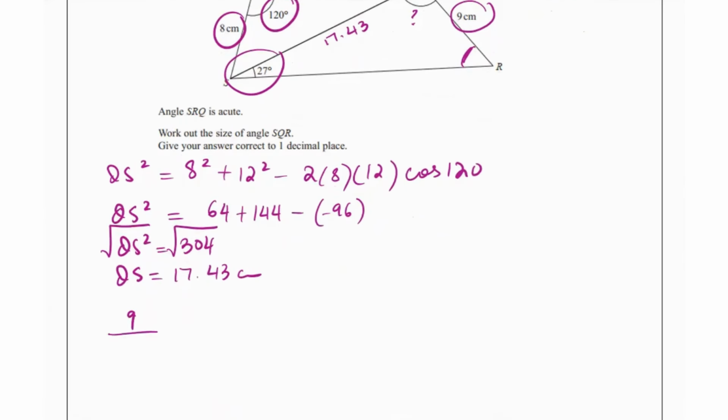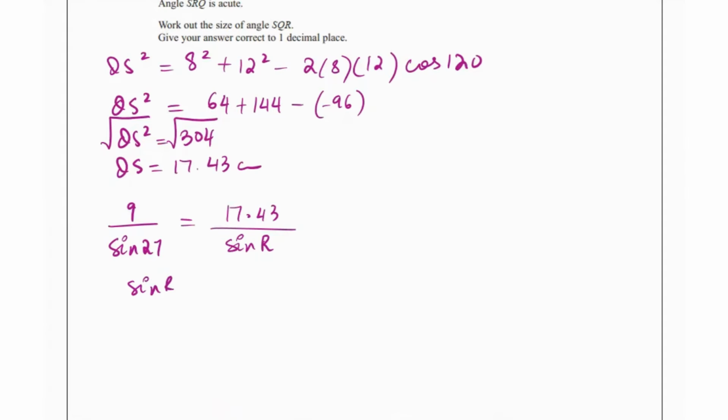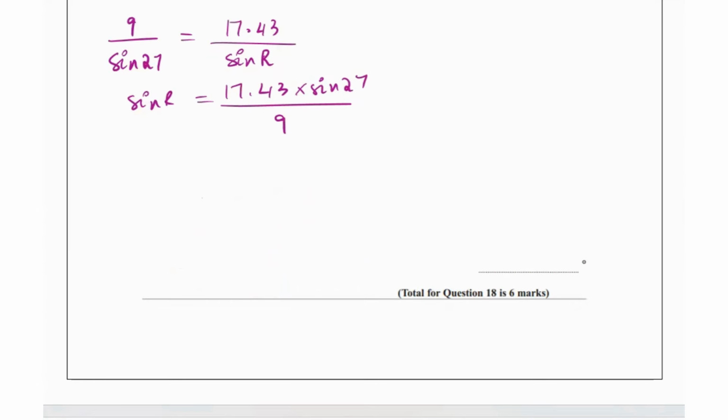So 9 over sine of 27 equals 17.43 over sine of angle R. So sine of R equals 17.43 times sine of 27 divided by 9, and that is going to give us sine R equals 0.87923. Then we take sine inverse of this, and that gives us